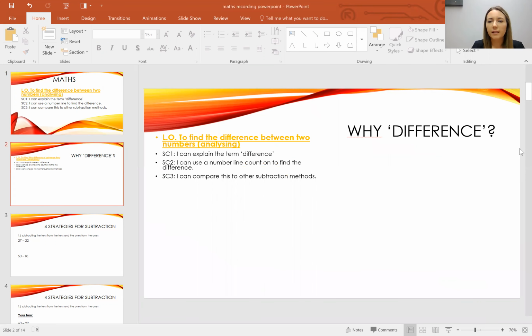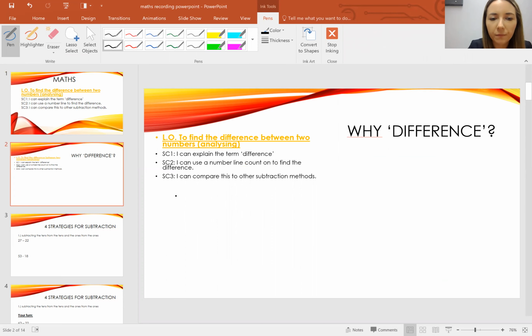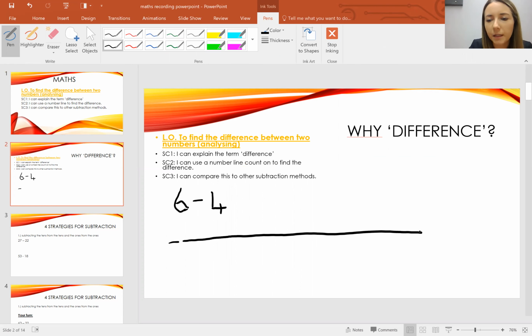So first of all, why do we call it finding the difference? Let's have a look at this calculation here. If I start with something really simple to show you, 6 take away 4. Here's a number line, and here is the minuend, 6. If I put the other numbers on,